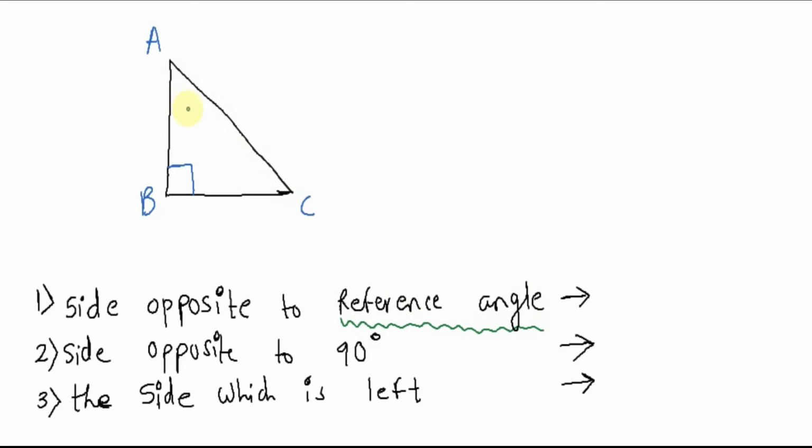With respect to the reference angle, we decide the three sides of the triangle as opposite side, adjacent side, and the hypotenuse side. Let us see how. Say our reference angle over here out of A and C is A. So if our reference angle is A, its opposite side is the side opposite to that angle, which is BC. So we call BC the opposite side. So the side opposite to the reference angle is called the opposite side, literally.